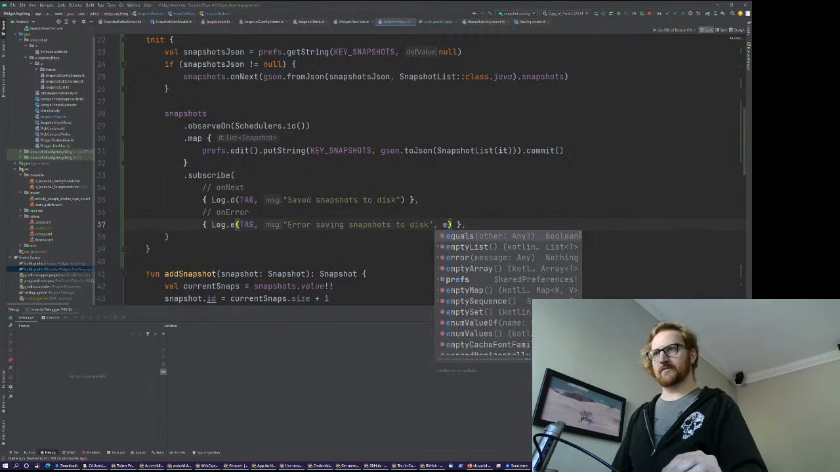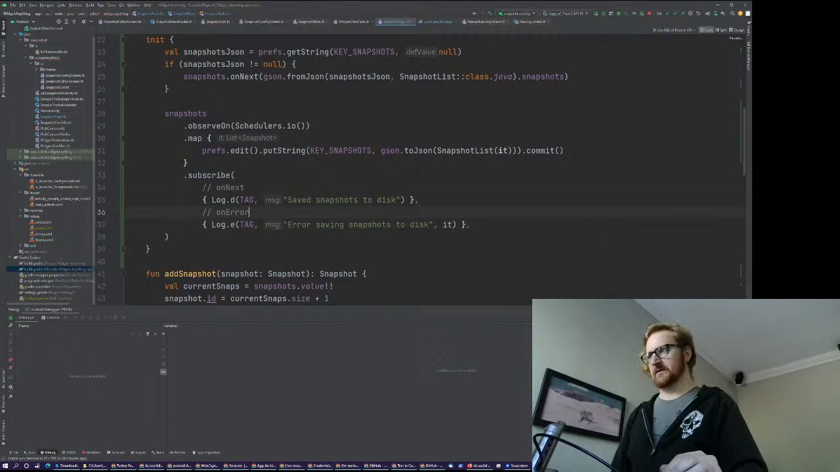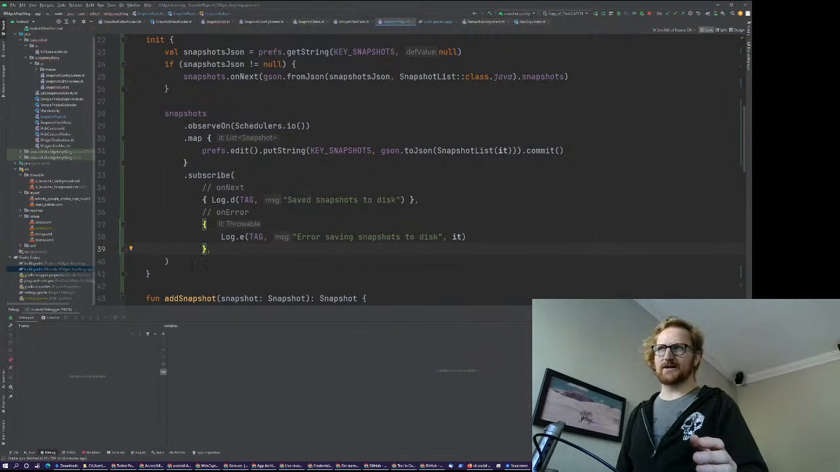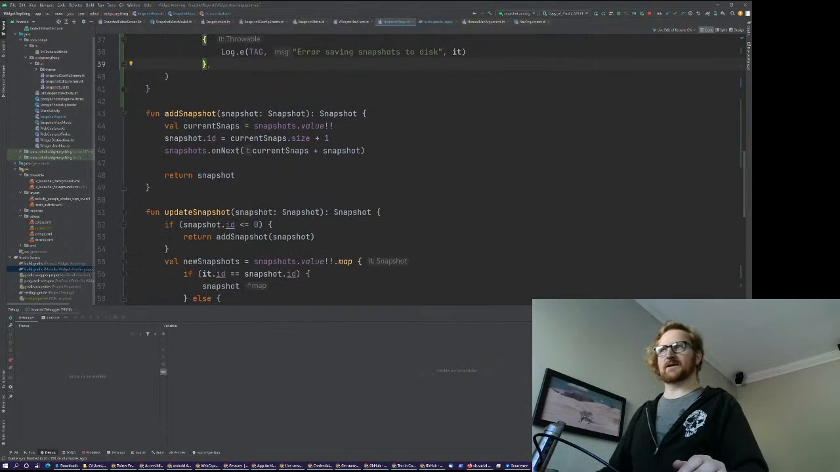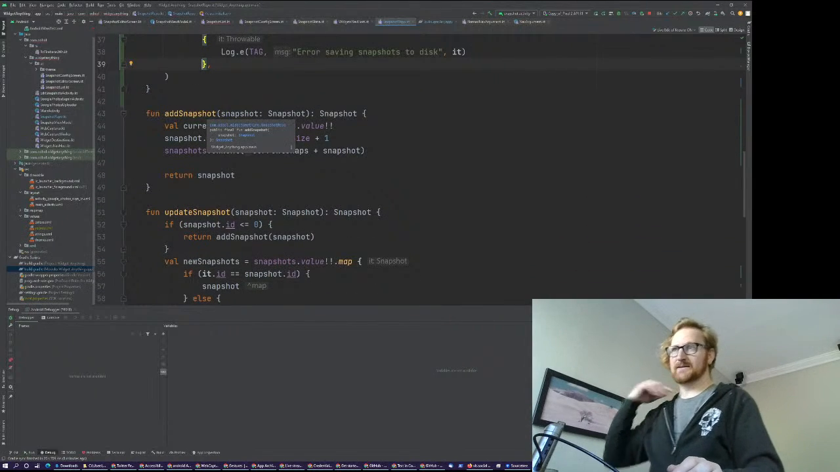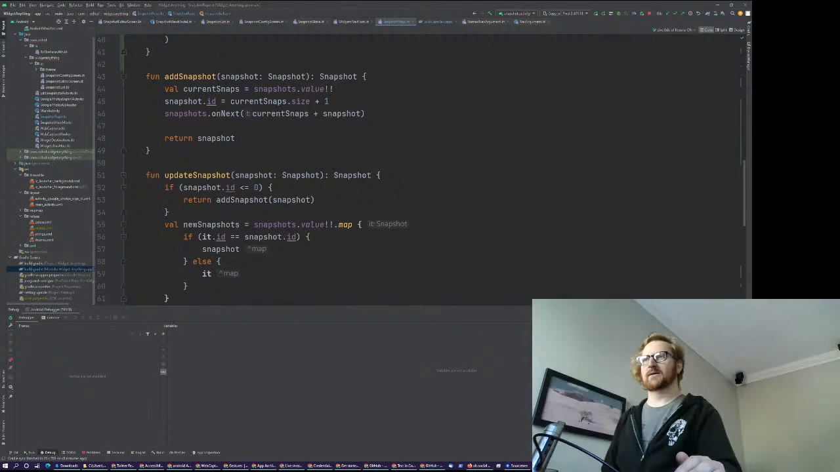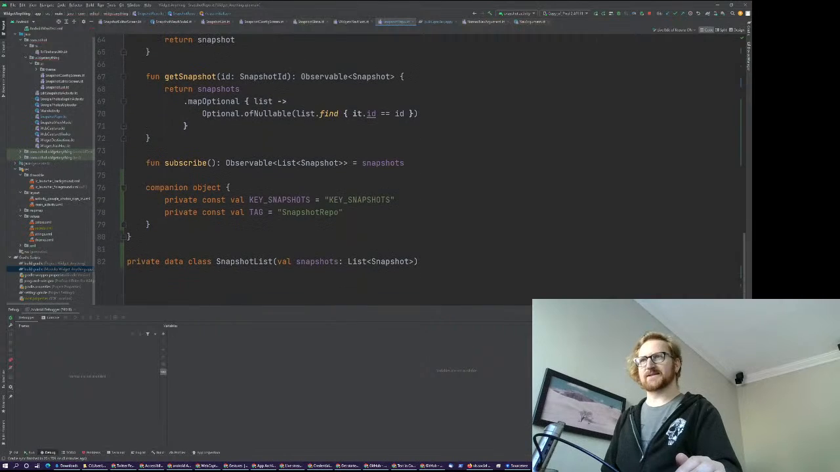Log the error. Oops, this is it. And the other thing we're going to want to do is maybe alert the user. That's probably important. So we don't actually do that here. I mean, yeah, we probably should, but now I realize the way we've architected this,